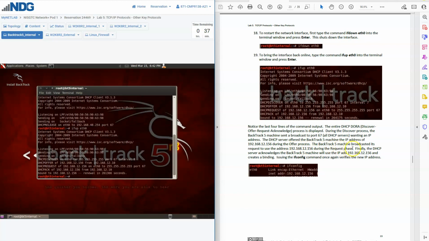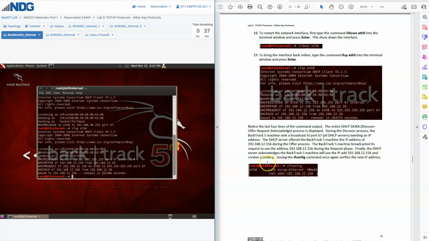The BackTrack 5 machine broadcasts its request to use the address 192.168.12.156 during the request phase. Then finally, the DHCP server acknowledges the BackTrack 5 machine will use the IP address